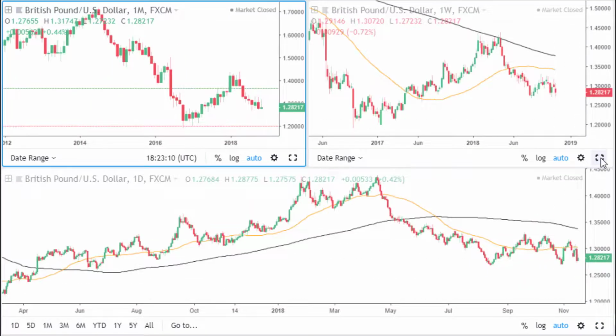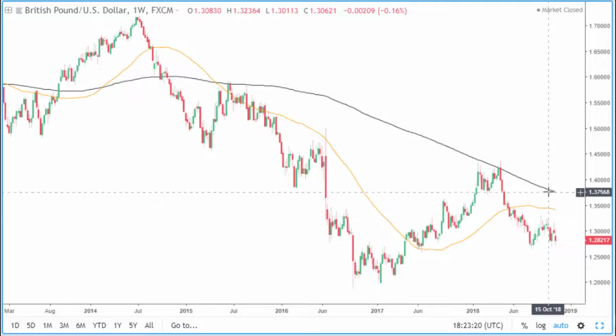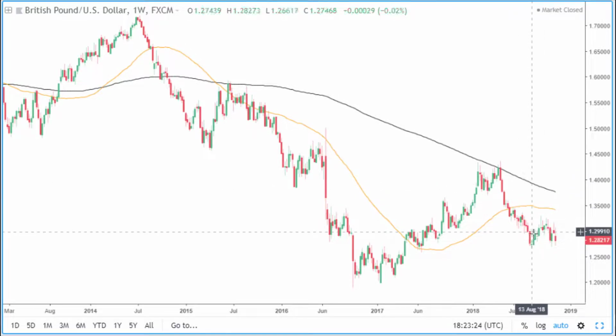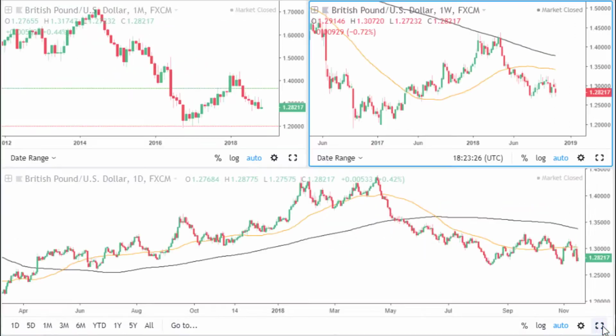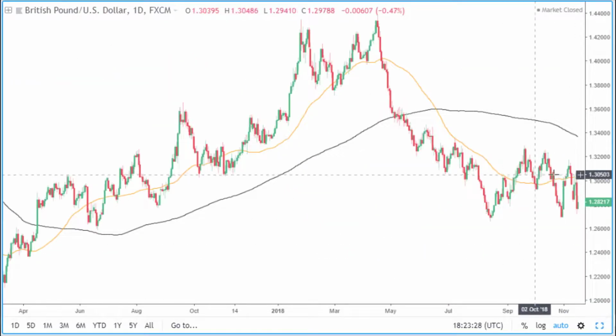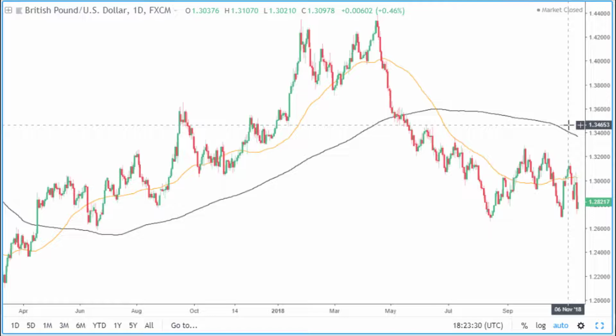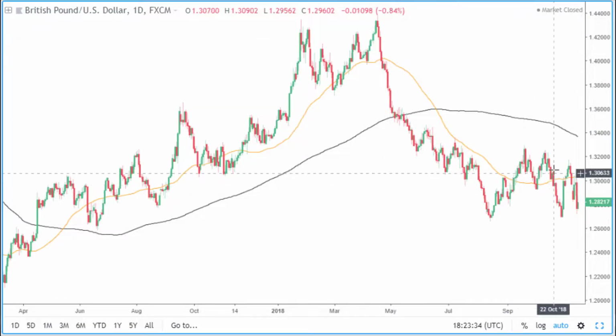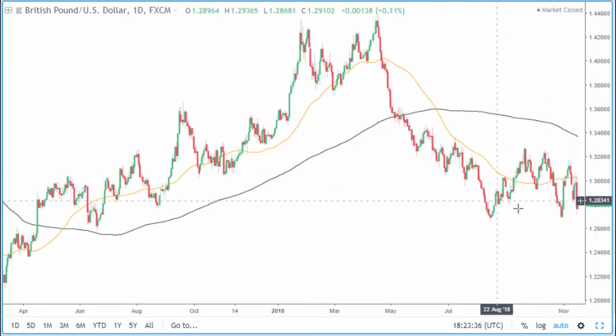On the weekly time frame, price is below the 50 and 200 simple moving averages and looking bearish here on the weekly time frame. Going down to the daily time frame, price is below the 50 and 200 simple moving averages. Here we can see price is looking bearish, but also price is currently in an area of consolidation, so